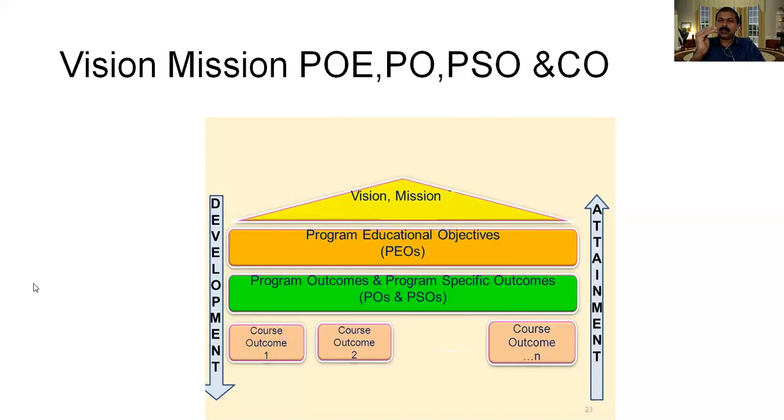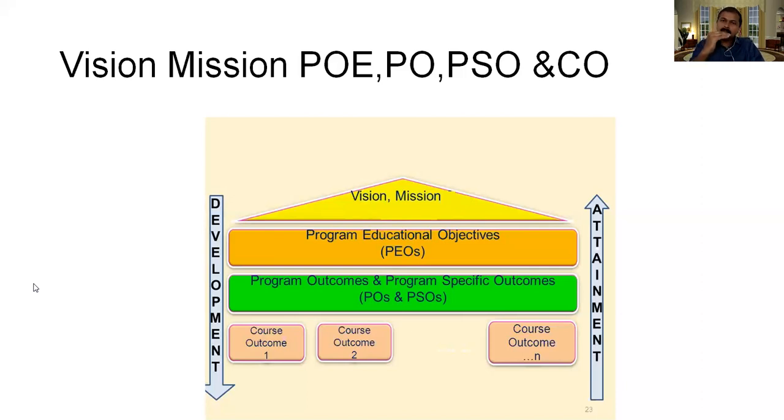It is not discipline specific. So these qualities, skills, abilities we define in program outcomes, the student will be demonstrating immediately after, or at the time of, graduation from the institution. Then if we want to meet the program educational objectives, what should our program specific outcomes be? For all the programs we offer in our institution, what are the program specific outcomes? If we can define this, and these are also immediately after graduation, what skills and abilities they will be demonstrating. So from program educational objectives, we define the program outcomes and program specific outcomes.